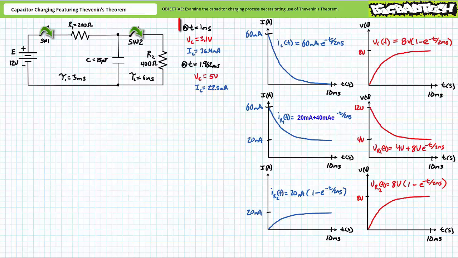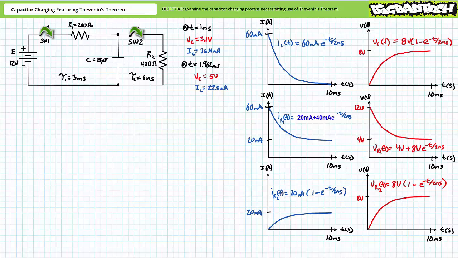Kirchhoff's current law. For example, at t equals 1 millisecond, we know the instantaneous voltage across the capacitor will be roughly 3.1 volts, and instantaneous current through the capacitor will be roughly 36.4 milliamperes. We can use this instantaneous data to solve for the electrical properties of the remaining elements in the original series parallel circuit. Notably, voltage across R1, current through R1, voltage across R2, and current through R2, also at t equals